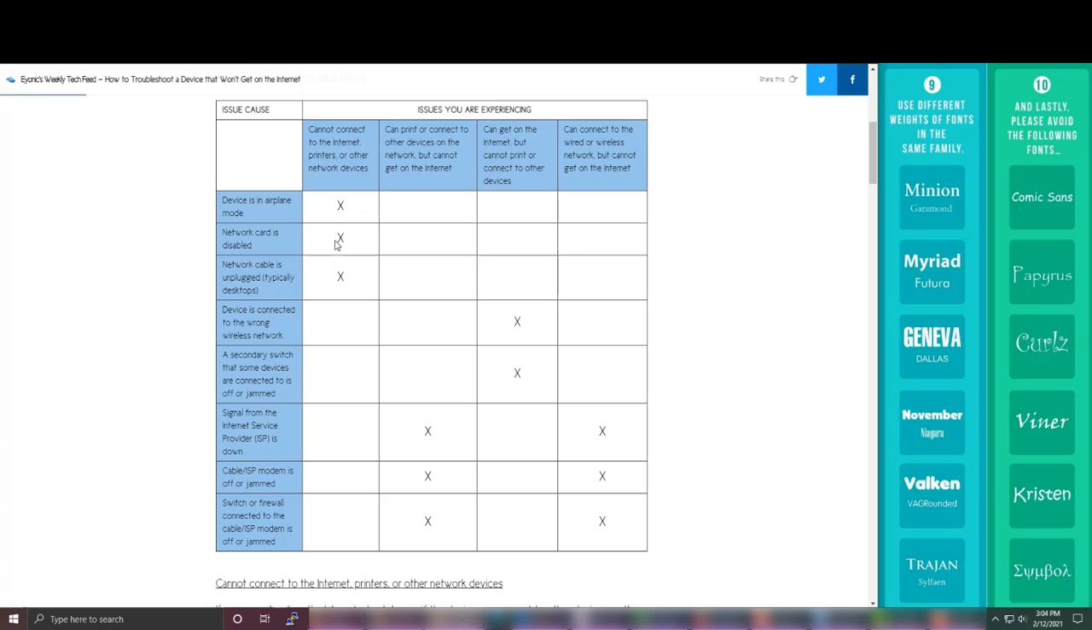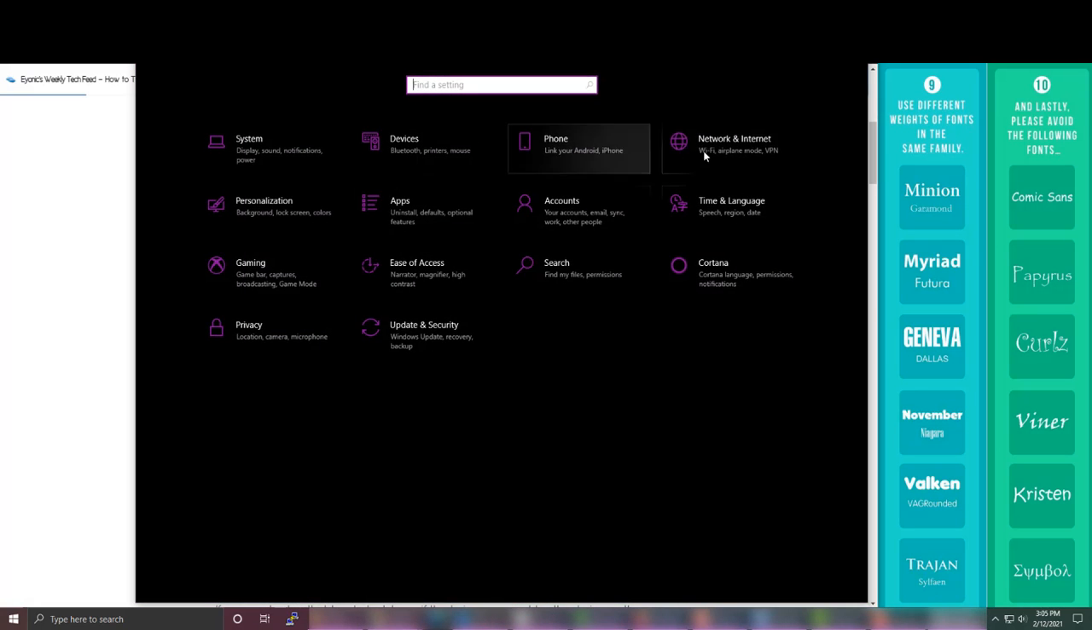Another thing could be that the network card is disabled. That doesn't happen very often, but if you're having trouble sometimes or you get the wrong IP address, sometimes it's easier to disable the network card and then re-enable it instead of rebooting the computer, which would do the same thing in essence. So the way that you can check that is, again, go back to settings, you click on network